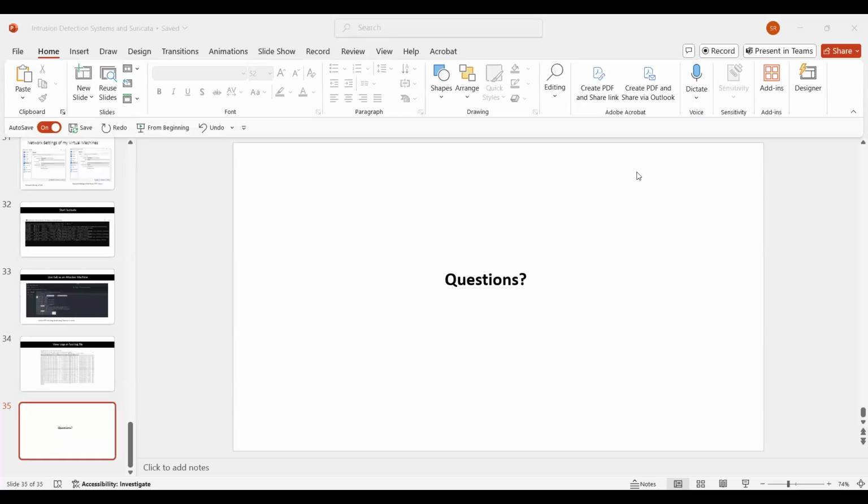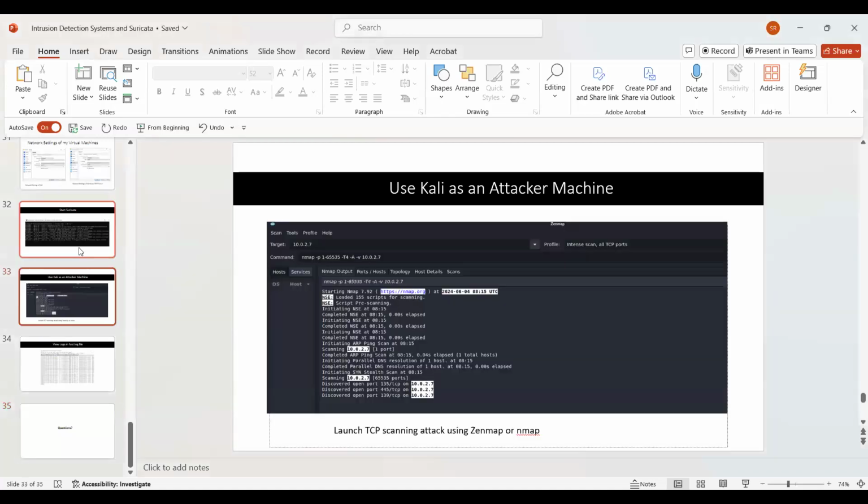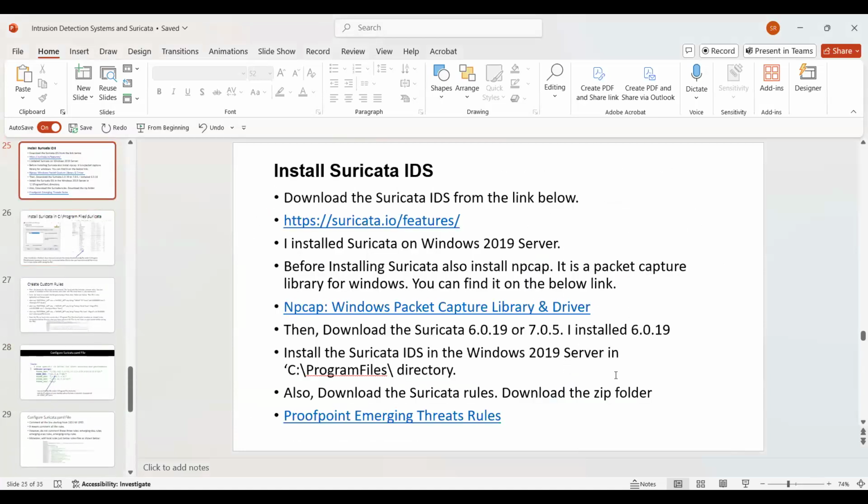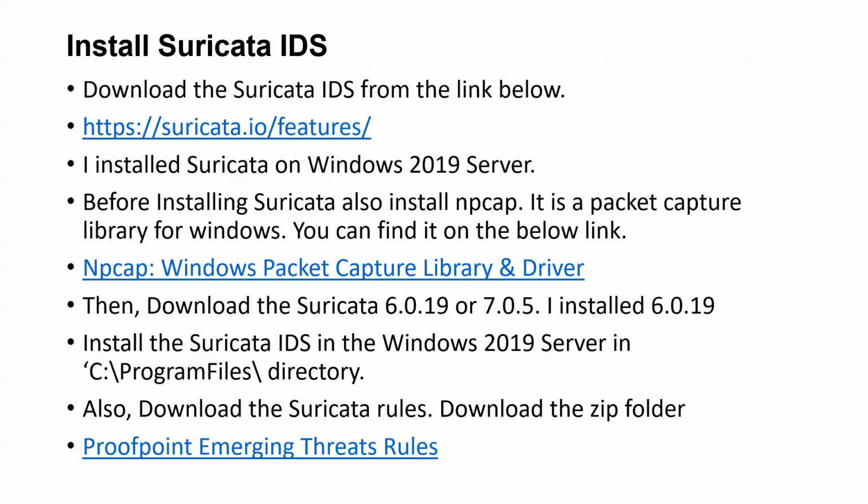Share the slides. So the idea here is to use this Suricata intrusion detection system, which is an open source intrusion detection system,